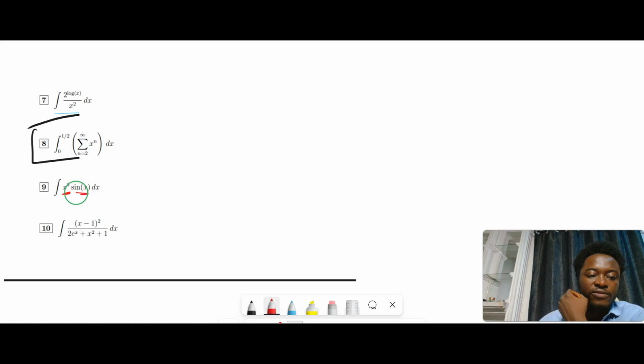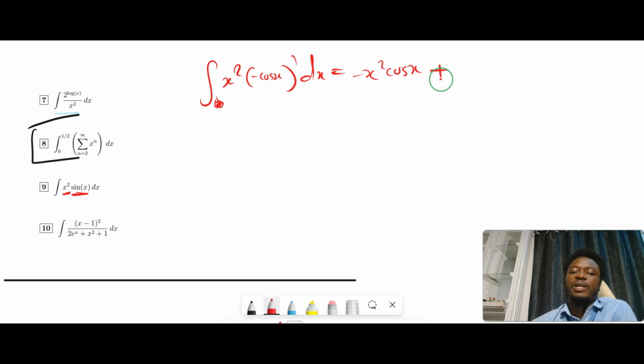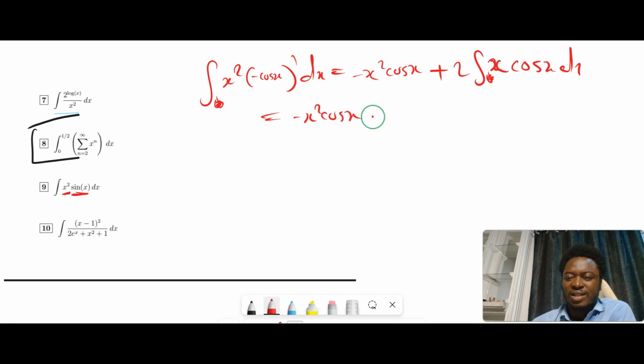So you want to focus on cos, and you have to write this as the integral of x squared times a negative cos x prime. So if you use integration by parts, you have negative x squared cos x plus 2 times the integral of x cos x dx. So this will be negative x squared cos x plus twice, then